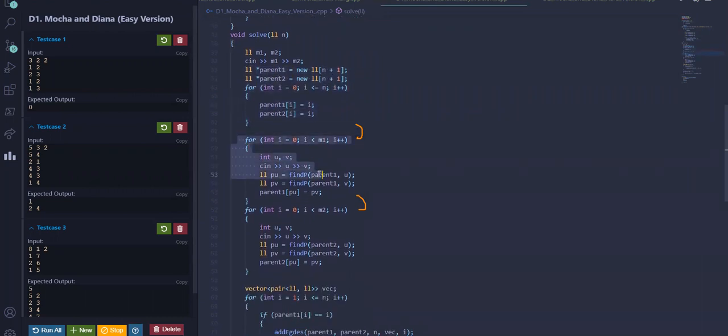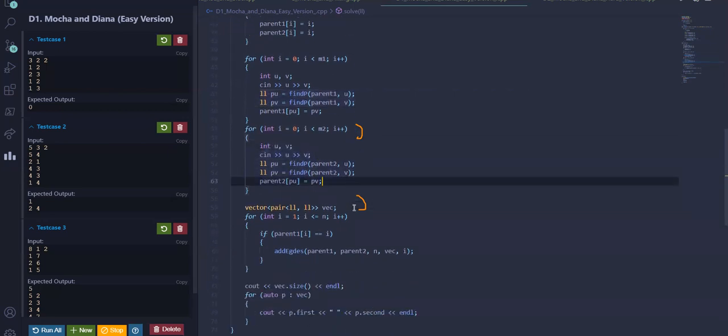Where we are finding the ultimate parent of u and v, this is order m1. m1 and m2 could be maximum n, so this is order n. Inside that, finding the parent could, in this union find method, take maximum order of n. So this is n square. Similarly, this is n square.